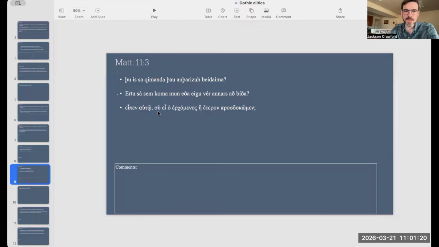Like, look at this example. Thu is sa quemanda to antharizu bidema. You are that one coming, or we await bidema. Another, so that's antharis, genitive singular, another, and then that there's not necessarily, it's not "and", right? But it seems to be particularizing the other, right? Or do we await another one, perhaps? So again, kind of like Latin quisque, you can get a sort of subtly different lexeme out of that suffixed